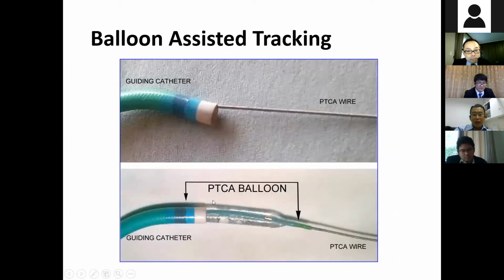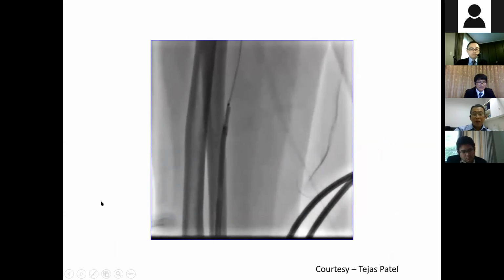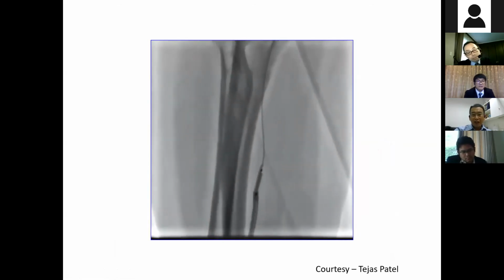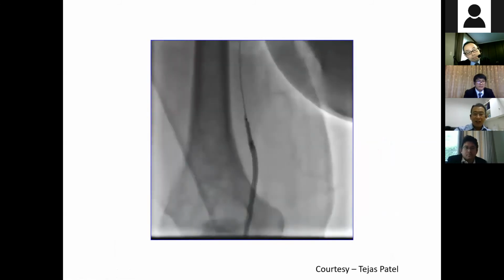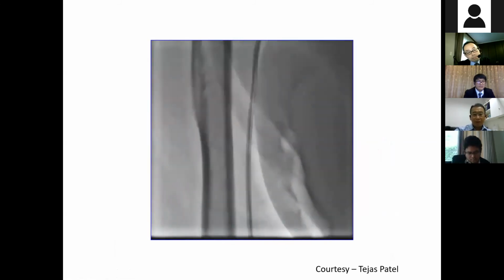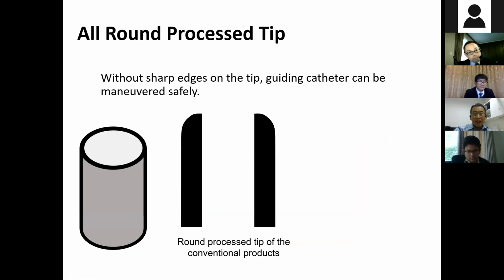This will abolish the sharpness of the catheter tip, so you can send this catheter across the tortuous part of the artery more safely. And the other option, you can choose a guiding catheter which provides a round tip, maybe safer to not cause injury to the artery,